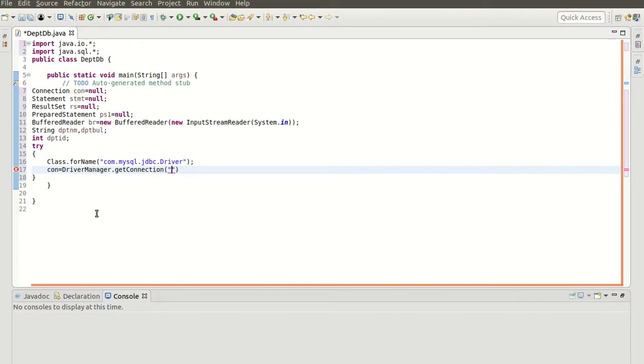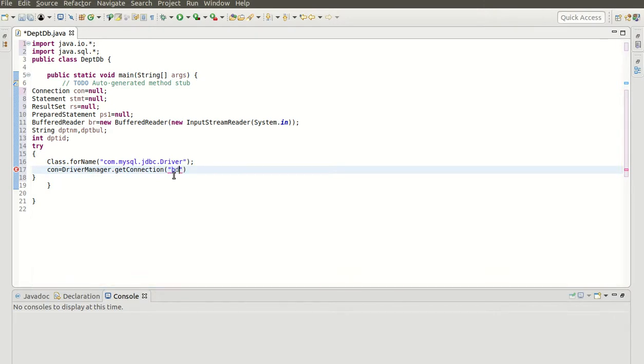When I have to connect to MySQL, con is an object. I am opening the connection with DriverManager.getConnection, and I am giving the name of a JDBC driver. So I'll write jdbc colon mysql colon. Here, after specifying the driver name, I have to specify the root user and the password.